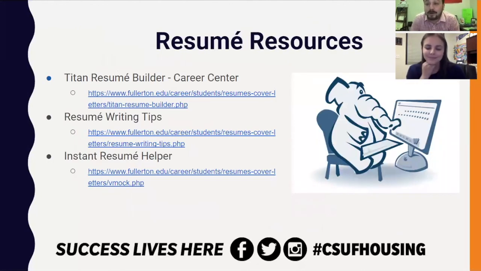As I mentioned earlier at the start of the presentation, this year we're requiring all candidates to submit a resume. We do recognize that for some of you, this might be your first resume. For some of you, you may not have touched or edited your resume in a few years. So we wanted to make sure that we spent some time